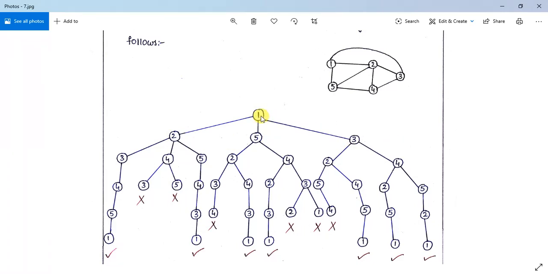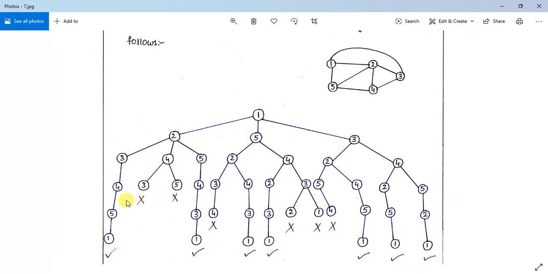When you visit vertex 1, you can visit vertex 2, or vertex 5, or vertex 3. So only these are the 3 possibilities. You can understand in this manner also, but you have to construct the tree in depth first search manner while you are using backtracking. So 1, again 2. From 2 I can visit vertex 3, from 3 I can go for vertex 4, from 4 I can go for vertex 5, from 5 I can again visit vertex 1. I have luckily got the answer. So this is one path, a cycle is formed.